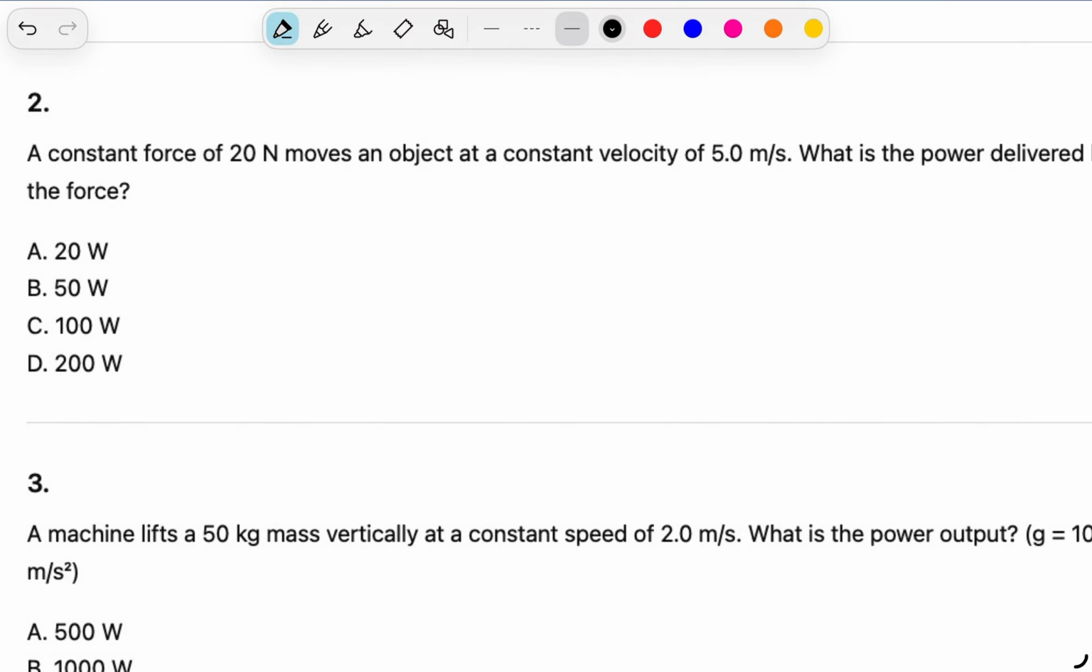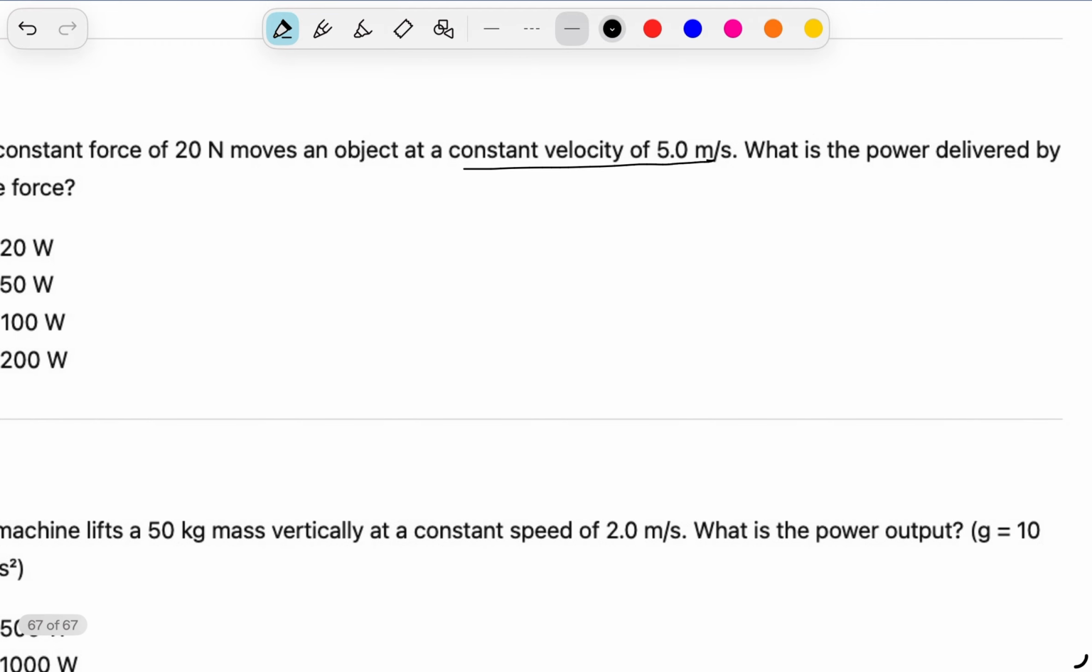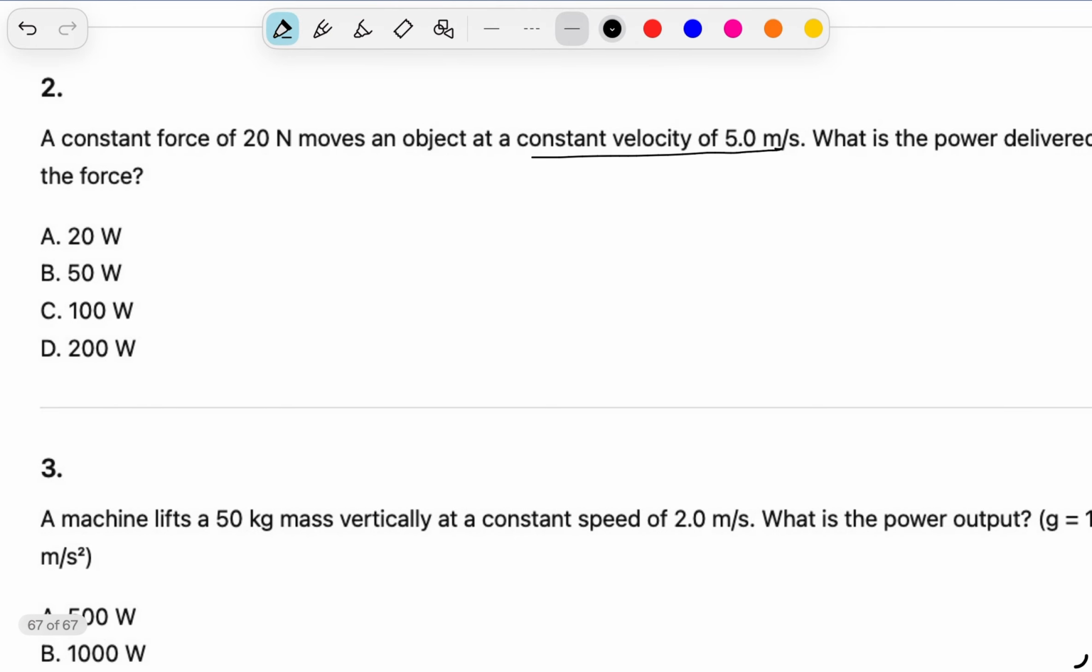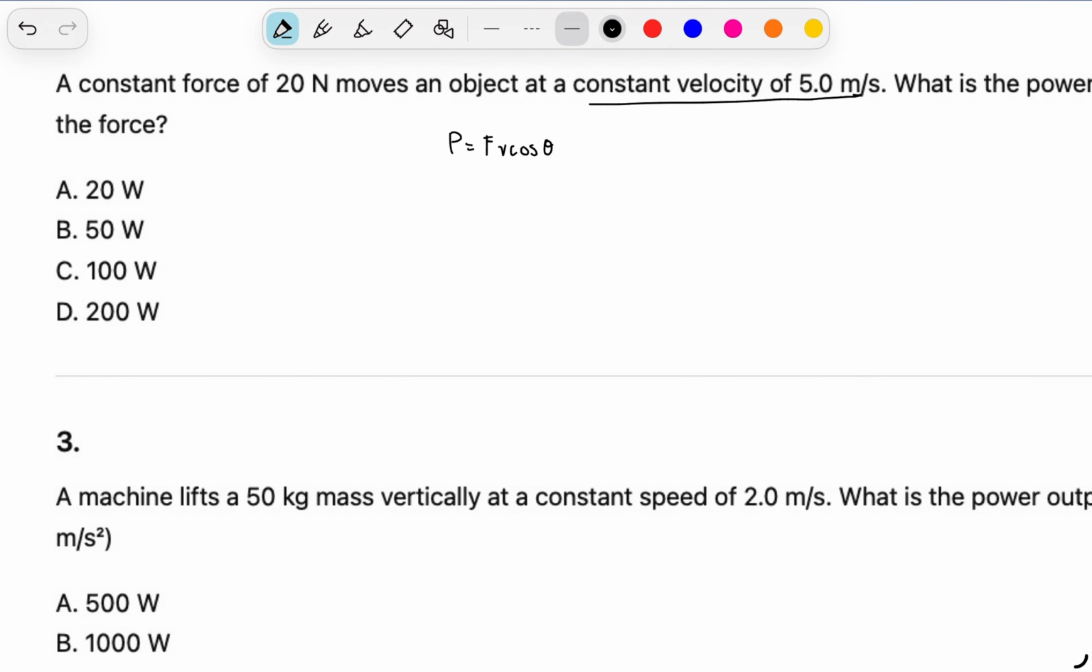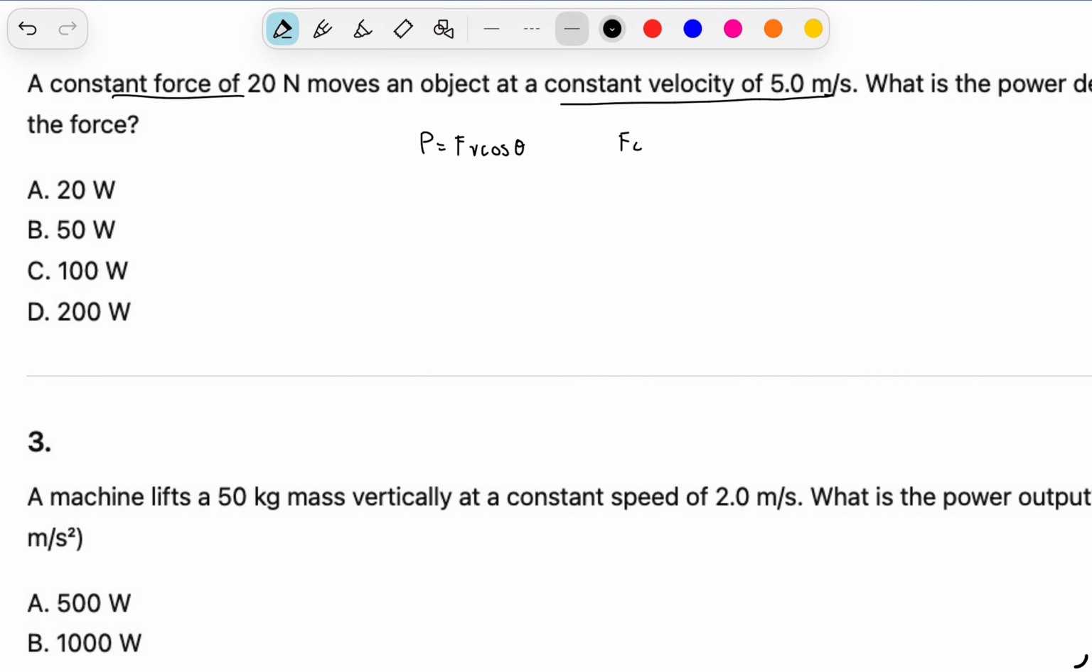A constant force of 20 newtons moves an object at a constant velocity of 5 meters per second. What is the power delivered by the force? So power is equal to the force times V cosine of the angle theta. Because we have a force that is moved onto an object, the force is going to be parallel. So when they are parallel, we can say that they're on top of each other, or the angle between them